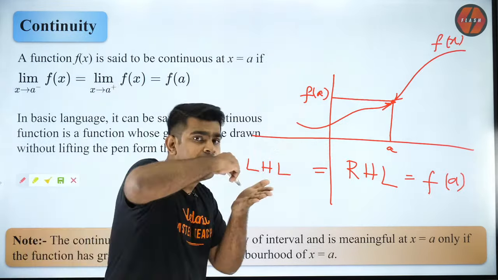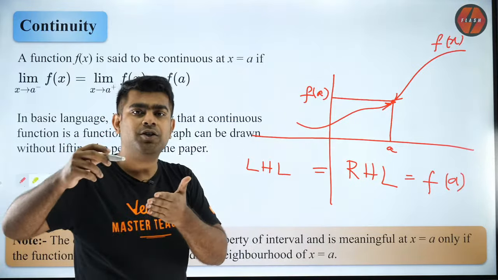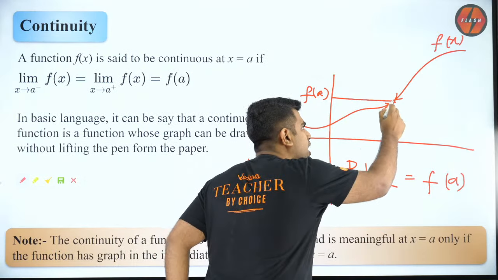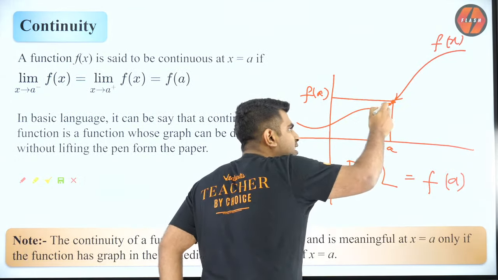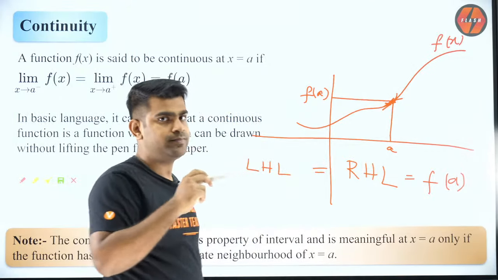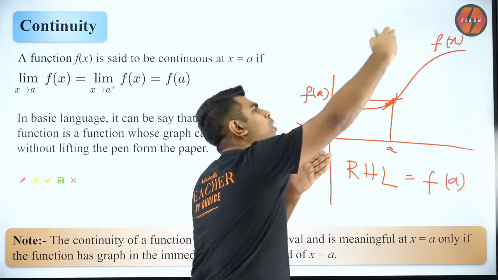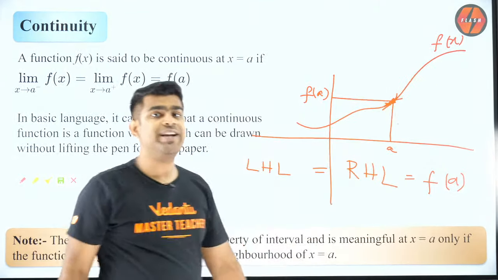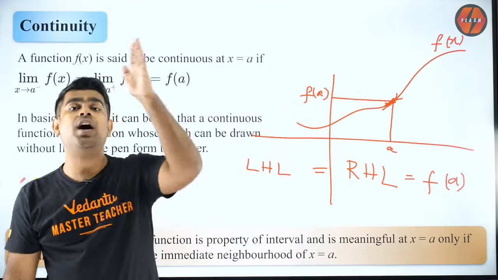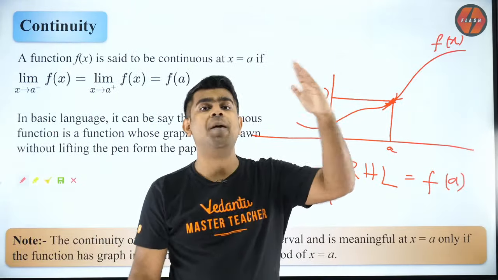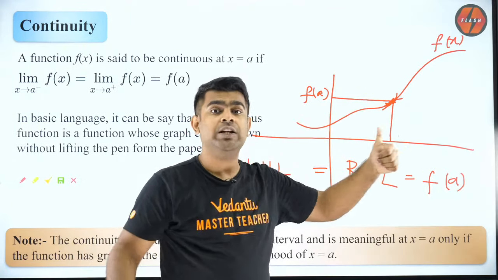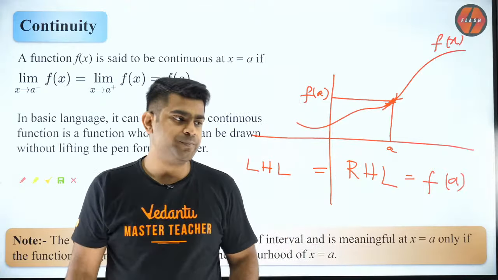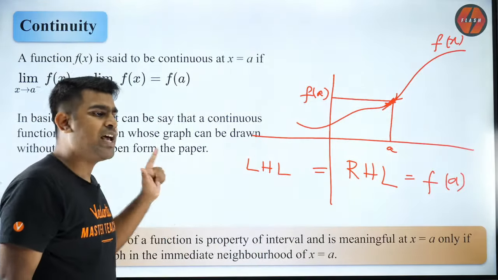So that is why we say, without lifting your hand, you should be able to draw. Because if your left hand limit is equal to f of A and that is equal to the right hand limit, that means it is going to be continuous at this point. Like that, if you keep extending for all the points of the function, you get a very connected curve, and that is why the layman definition or the common person explanation comes into the picture. So I hope now you guys are able to appreciate why people say that. Got it? Is it clear, guys? So shall I move forward?